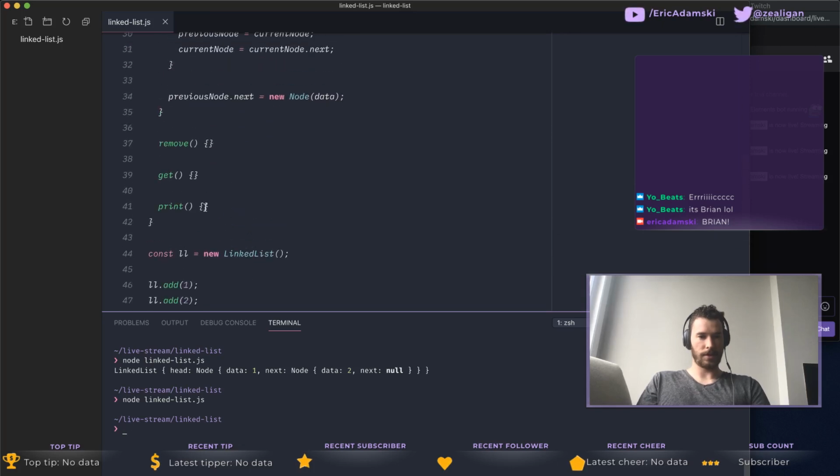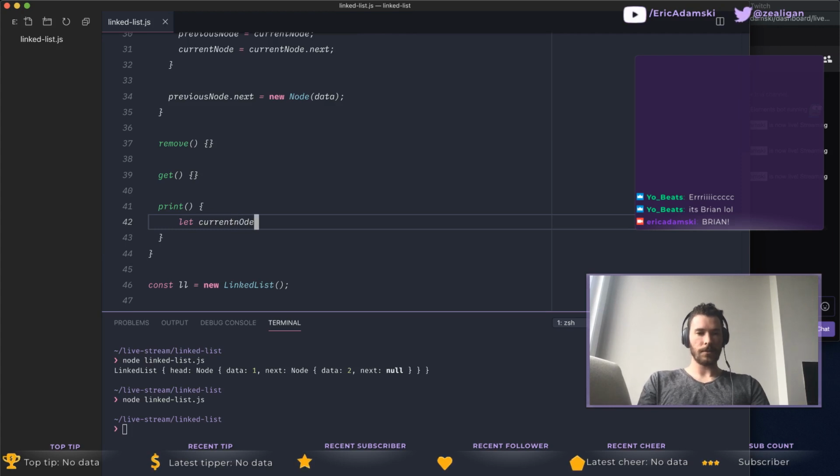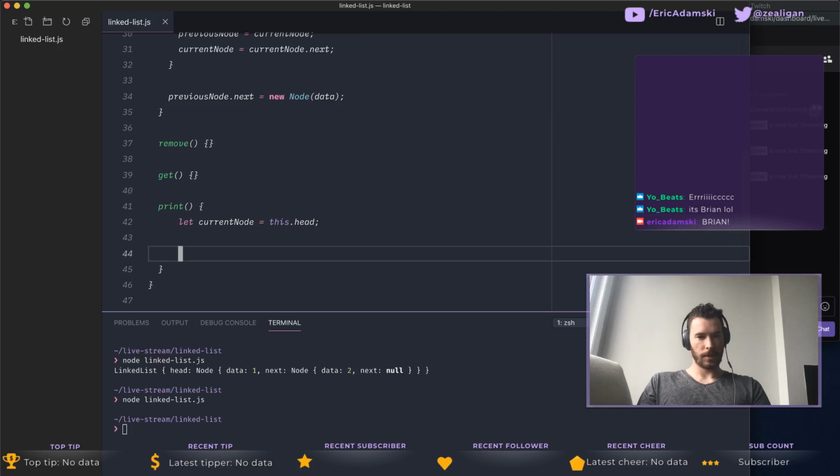It's giving us undefined. So we'll say, okay, let the current node equal the head, this.head. Again, starting at the head, got to pass them along. And then while, this one we don't really care about maintaining the previous one, because we don't really need to know where to point things next. We're just walking through it and printing out where we are at the time. So we can say while the current node is not equal to null, it's not the end of the list, we can just do